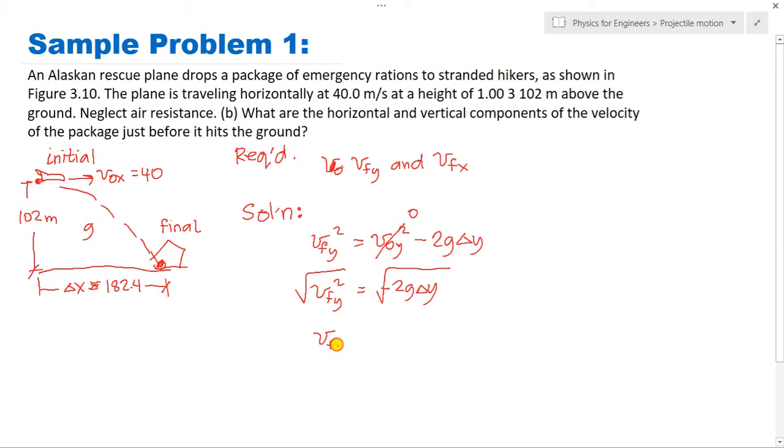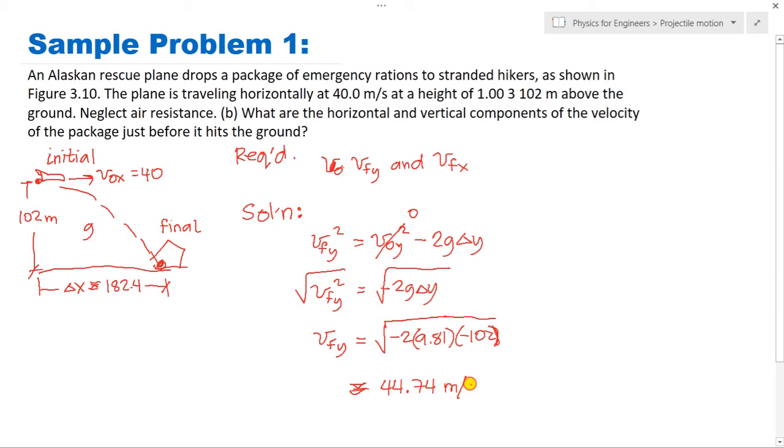Therefore V final along y, or along the vertical component, is the square root of negative 2 times our g, 9.81, multiplied by our y, which is negative 102 meters. So our VFY is equal to the square root of 2 times 9.81 times 102. So we have a final answer approximately equal to 44.74